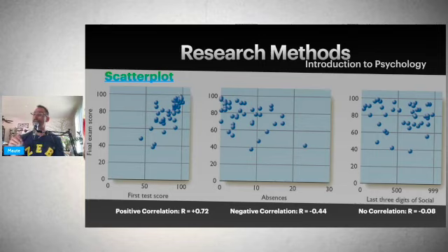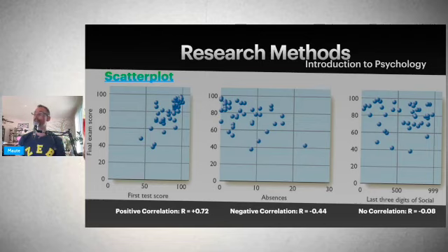the first test score. So you can see how the first test score, having a positive correlation of +0.72, it looks like, if you were to draw a line through it, it looks like the line would start at 0 and go linearly to 100. Another way to say that is, for every increase on the x-axis, there is an equal increase on the y-axis.